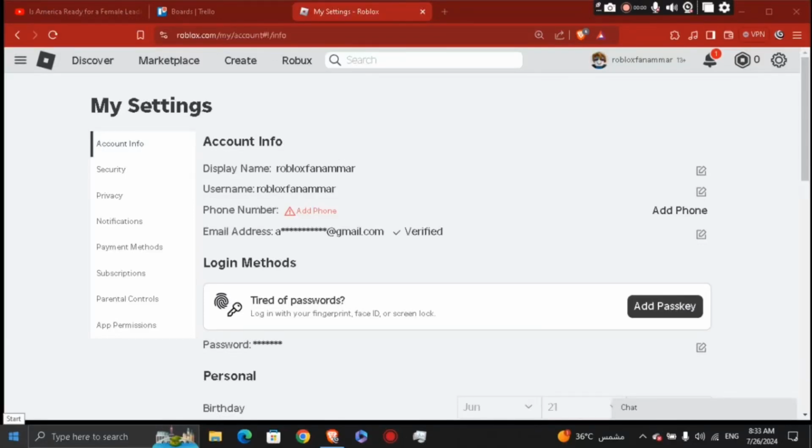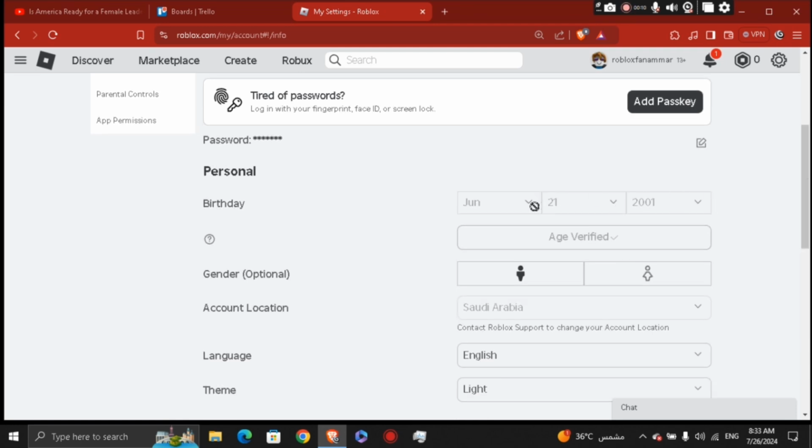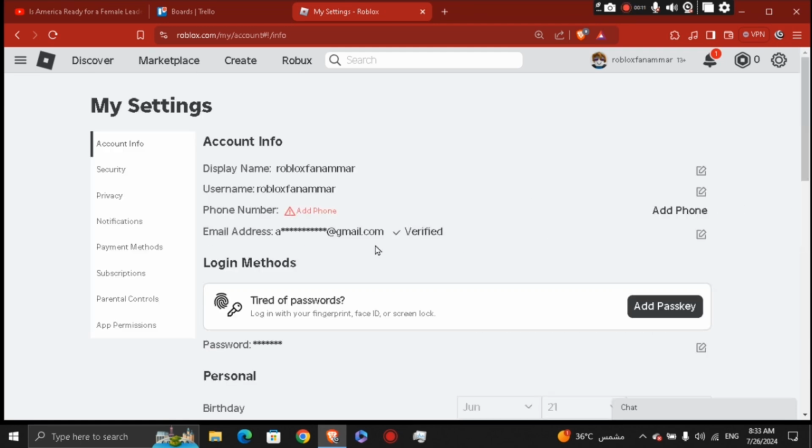My name is Adam. Today I'm going to show you how to change a birthday under 13. So as you can see right here, let me scroll a little bit down. You're going to see right here, this is my age and I cannot change it, right? And basically, if you are under 13, you're going to see right here in the email, parents' email address, all that. So what you're going to do next, you're going to just go ahead and click the settings gear and